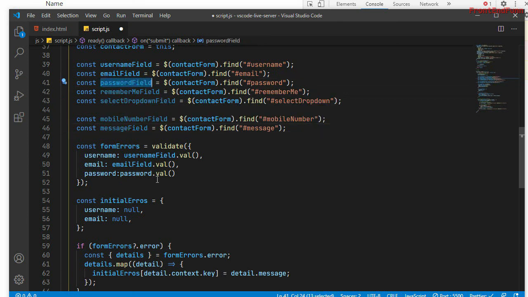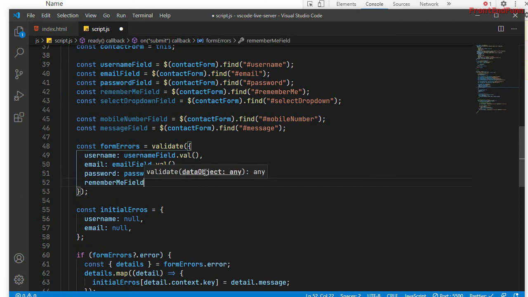Okay, password field dot val, and for the remember me, remember me dot val. Similarly for the select drop down,